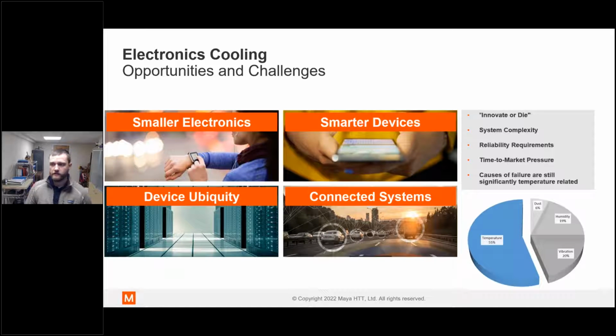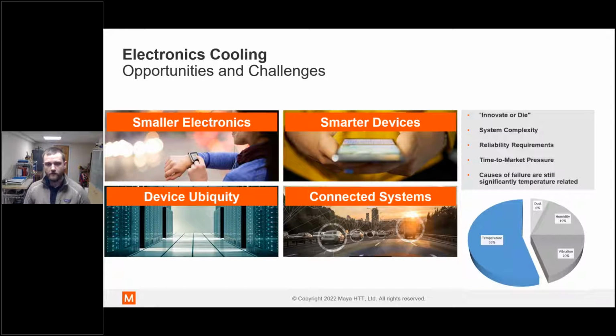So electronics cooling: why is it important, and how is it specifically relevant today? Obviously, we look around today and we're seeing more and more electronic devices integrated into every part of our lives, whether it's the smartwatch on our wrist that's automatically connected to our cell phone, which is then connected to our car, and our car is connected to a multitude of sensors used for safety systems, or even to the screen on our refrigerator. Everything nowadays is becoming electronically integrated with smart systems.